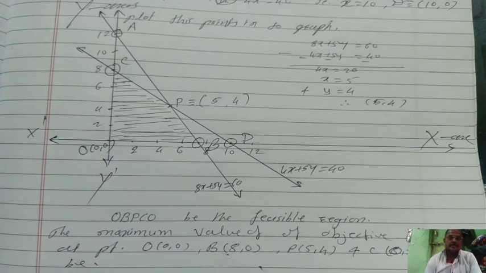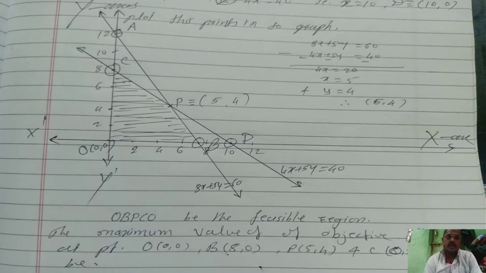That is we have to shade this region, and the points touching this feasible region or shaded region, or vertices, are O, B, P, C. For these points we have to calculate the value of the objective function. Then to calculate the point P